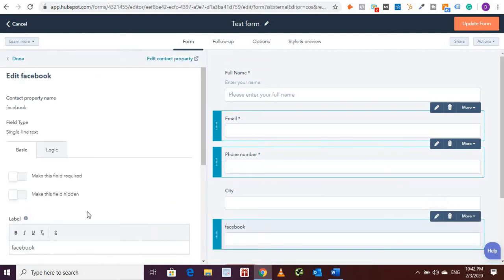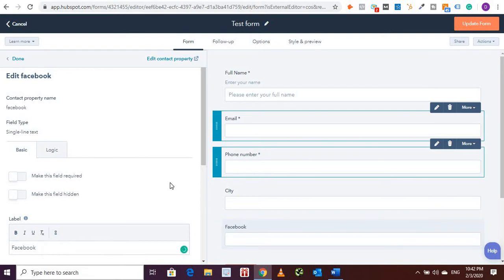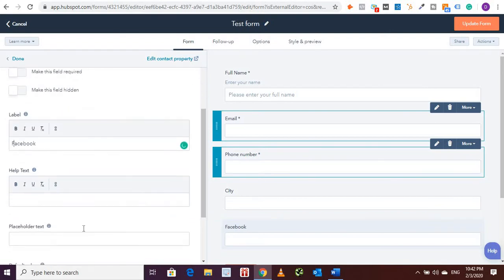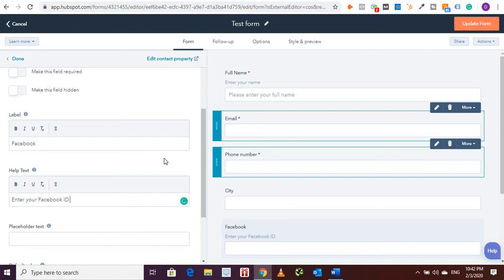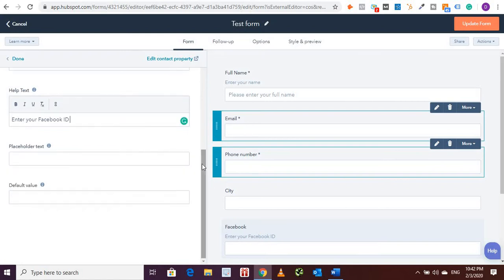But the best practice is not to make the form too long, because nobody likes to fill up so many fields. Make it as short as possible, collect the best information, and then we can start the email campaigns and the SMS campaigns after we get the email address and the phone number, right? And get more information. So we can mention over here Facebook, and then enter your Facebook ID or whatever it is. Okay,